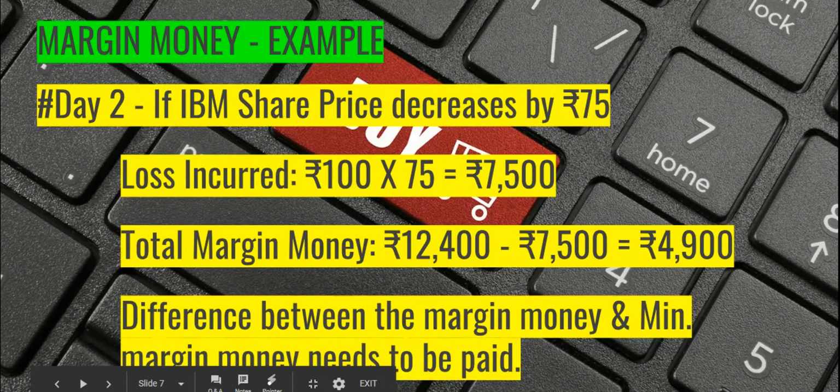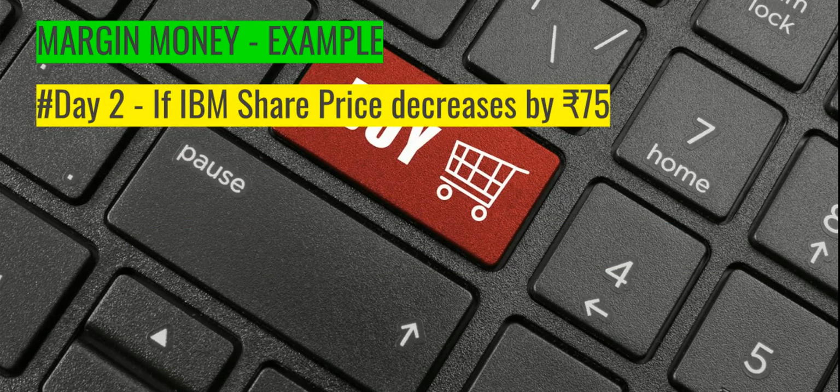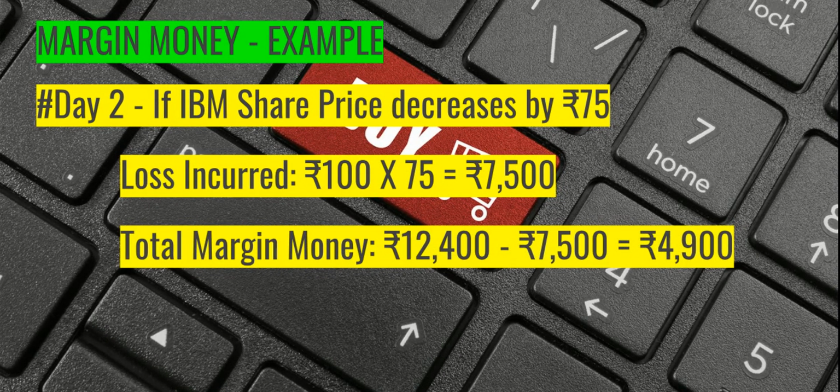The idea is basically you can play around with all kinds of numbers. You can see that the profit was pretty high. It was 50 rupees for one share. Since you bought 100 of those, the profit reached a level of 5,000 in an instant. Similarly, there is the other side of the coin. The price of the stock lost by 75. Again, the loss incurred in that case was pretty high too. So you've got to be aware of what you are doing. You must know at any given point in time the overall amplitude of profits and losses are multiplied with the kind of exposure you have taken.